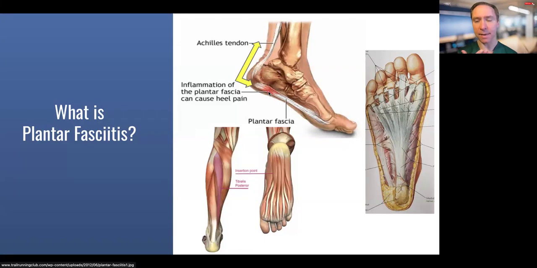And what happens with the fascia is it gets little micro tears in there or it gets injured. And instead of healing, it gets thicker. So the tissue itself gets thicker. Now, one thing you have to realize, this white stuff, like the plantar fascia right here and the Achilles tendon right here,